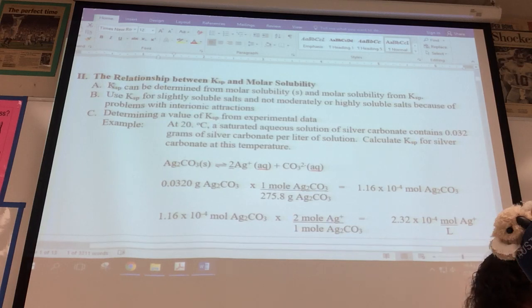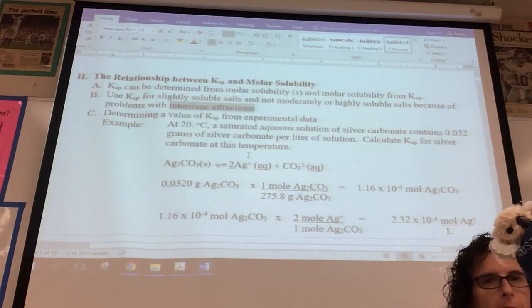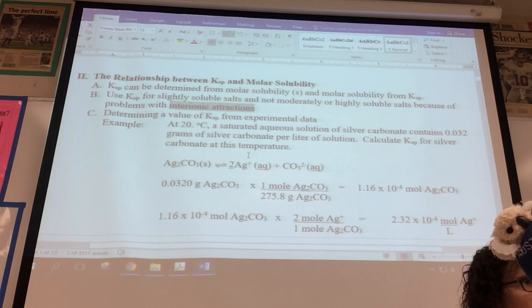You can calculate KSP from molar solubility or vice versa, and we'll be taking a look at that. When we talk about KSP, we're talking about slightly soluble salts, not ones that readily dissolve, because of problems with interionic interactions. Remember that